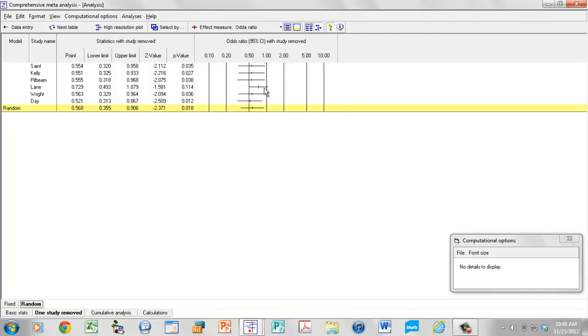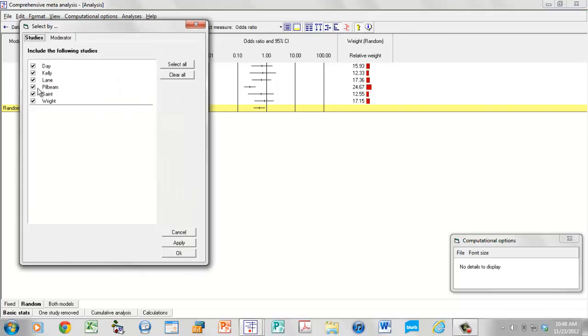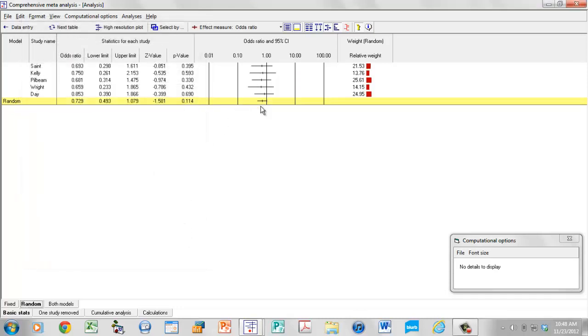Just to show you how this works, let me actually go back and remove that study and see what happens. The assertion that I'm making is that if we were going to remove this study, we'd end up with an odds ratio of 0.72. Let me come back to the basic statistics over here, and you see the odds ratio is now 0.56. I'm going to right click over here. I'm going to remove the Lane study, click OK, and sure enough the overall odds ratio now moves to 0.72